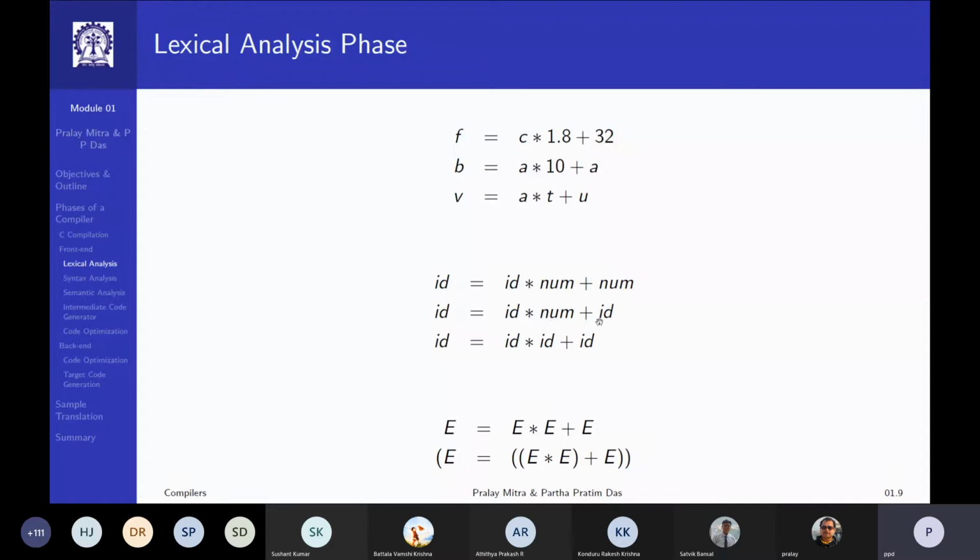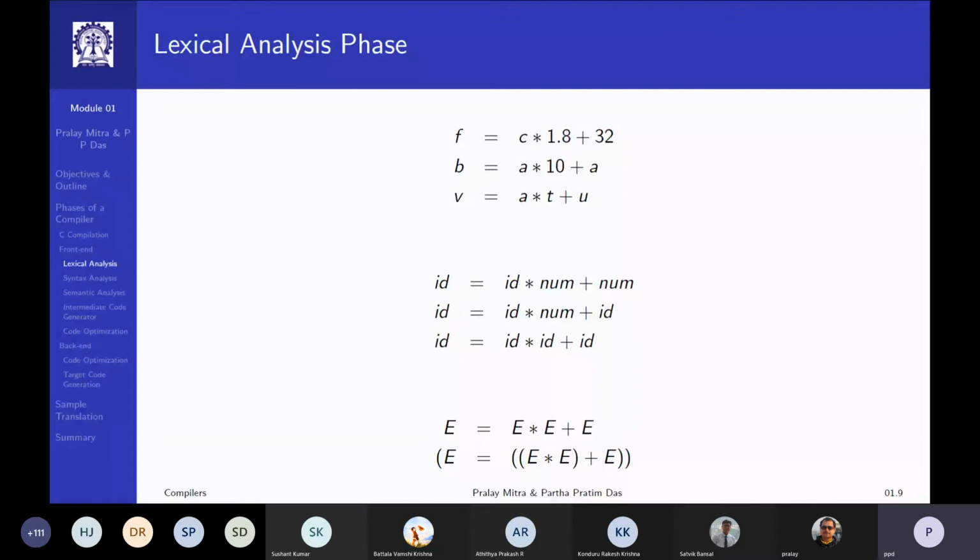Here everything is ID. Now I will say, okay, these are three different arithmetic expressions in structure, but actually each one of them has the characteristic of having a value. ID has a value, whatever that ID is, at the point of execution. Num has a value always.